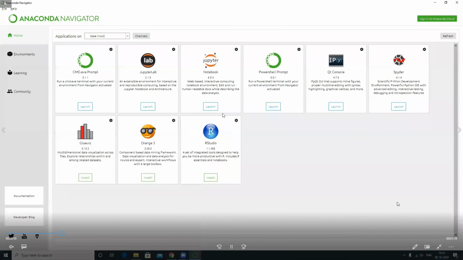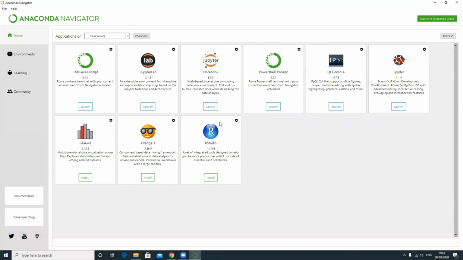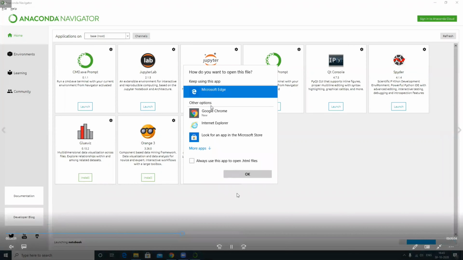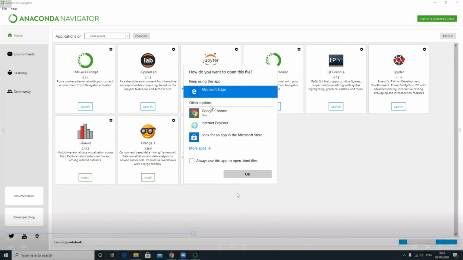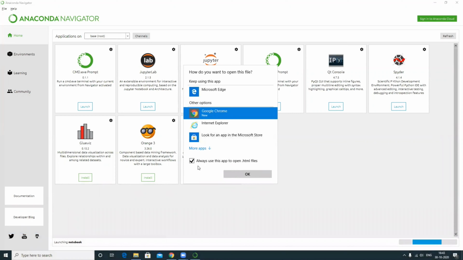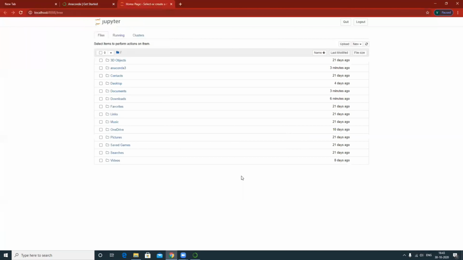Here you can see it has Jupyter Notebook where you can practice Python. You can install RStudio, and there are some other IDEs like Spyder, Qt Console, JupyterLab, and this visualization library. So you have plenty of options here. You can even install TensorFlow. Launch Jupyter Notebook, and it will ask which browser you want to access it in. I choose Google Chrome, and in a few minutes it will open like this, and it is pretty easy to navigate and start your new Python notebook.